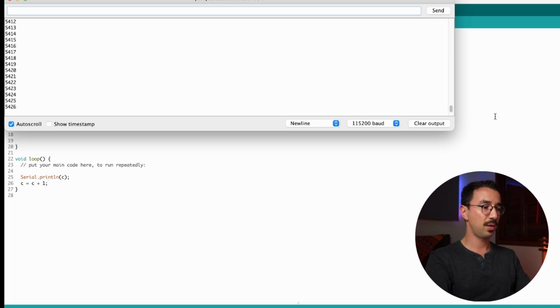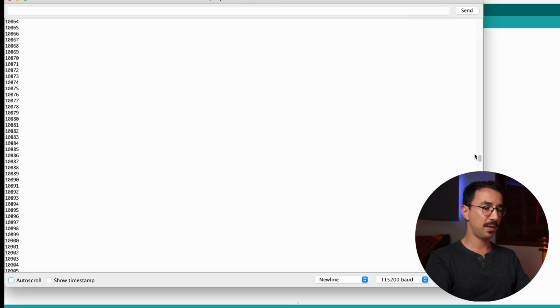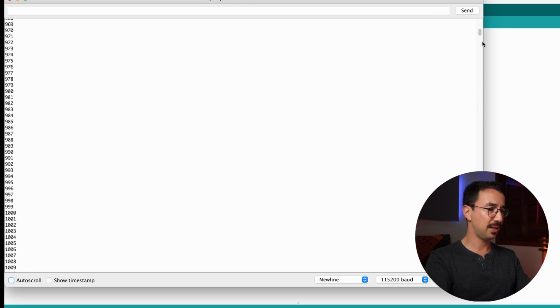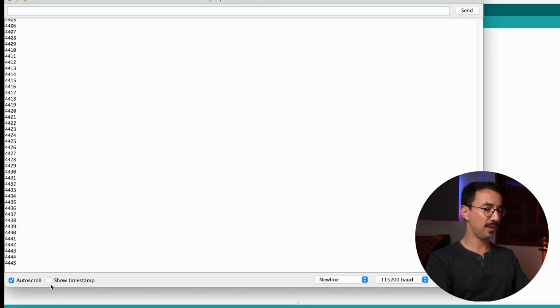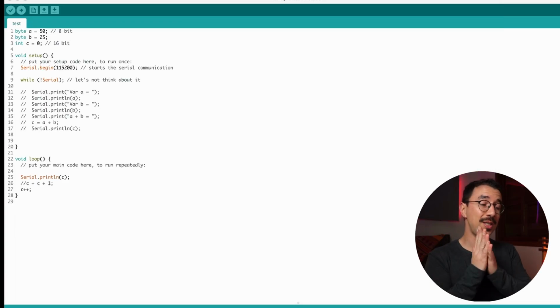So you can see how this is going to happen. If we see here, it's really fast, but you can see that we start with 0 and then it's incrementing its numbers 1 by 1. Okay, another way to write this, but don't worry about this, is C++. This is a shortcut to this. Every time you want to increment just 1, you can type ++. So if we do this here, you can see that the same is happening. See? So that's what I wanted to teach you today.